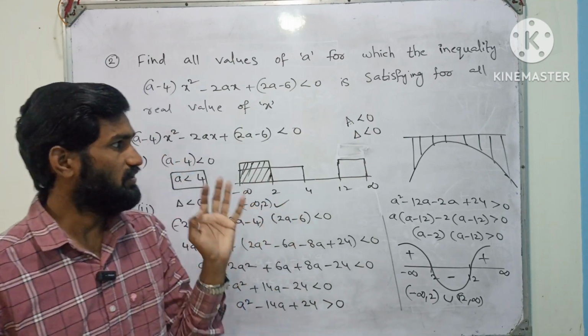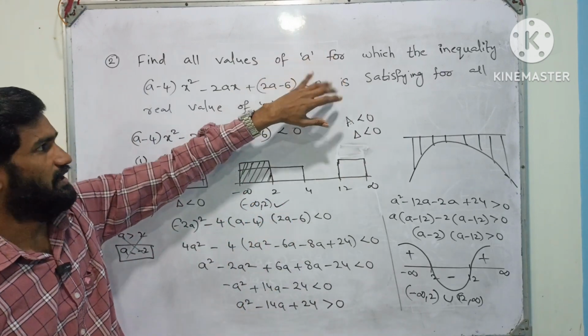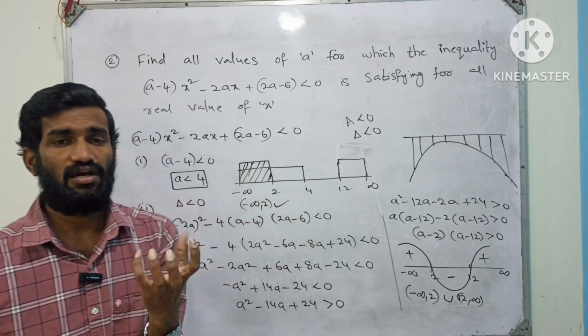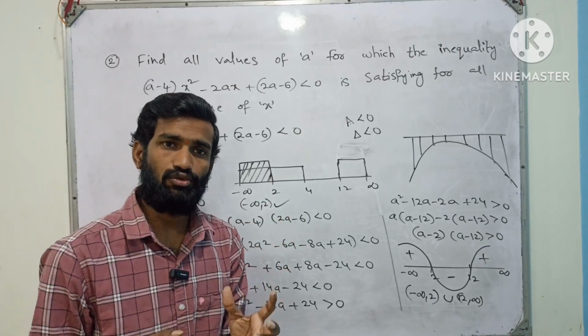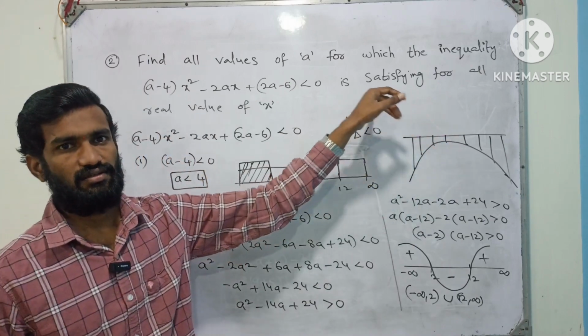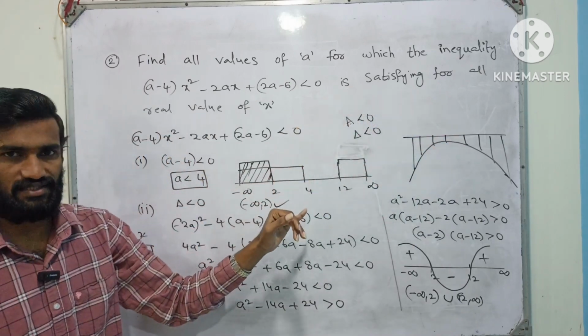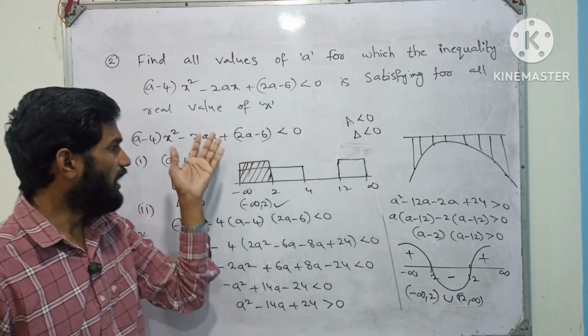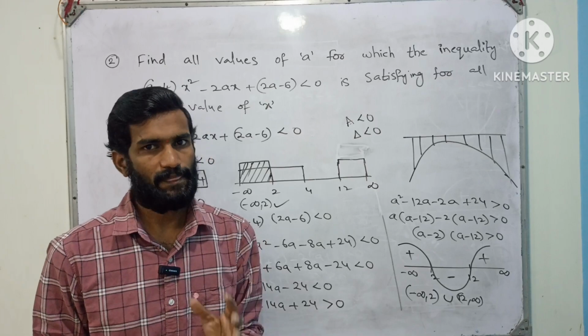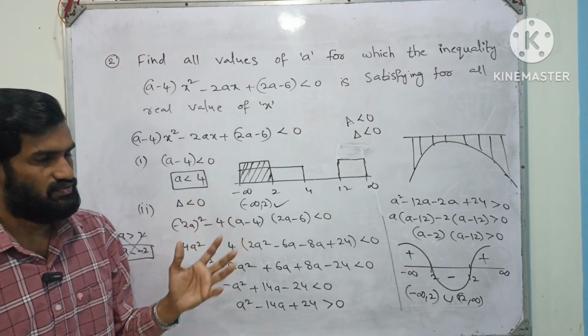I hope you got this one. First of all, you need to read the question, and here it is given less than 0. When we will get less than 0 for a quadratic expression, for all values of x, when we will get negative, it looks like this. For this, we have two cases: coefficient of x square should be less than 0 and discriminant should be less than 0. I have solved both the cases and I have taken the intersection part. Okay, very simple. Now observe this one and we'll